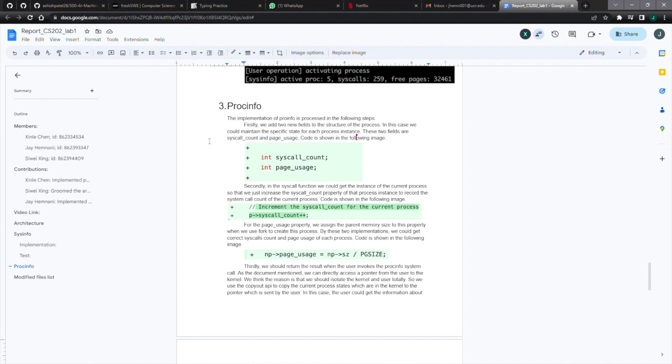After that, in the system call function, the current process instance is accessed and the system call count property is incremented. This records the system call count for each process. Now, accessing the memory during fork, the page users property is assigned from the parent memory. When a process is created using the fork function, this ensures that the correct system call count and page users are recorded for each process. Returning results with the procinfo system call: